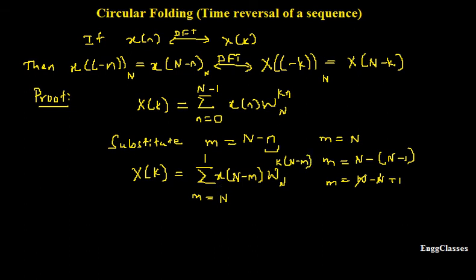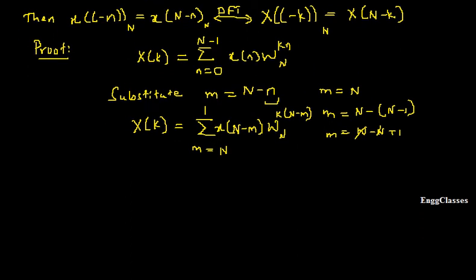Is that okay? Next, what I do is I'll just say one sentence. Because of the implicit periodicity of x of n, so that means x of n is periodic, the limits of the summation can be changed. So here the limits are N to 1, or I can also write it as summation m equal to 1 to N. This is also possible. So I'll write this. This is useful for me.